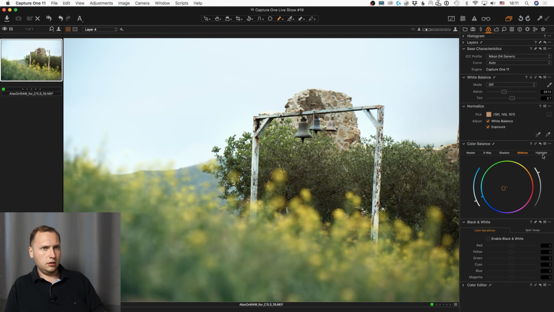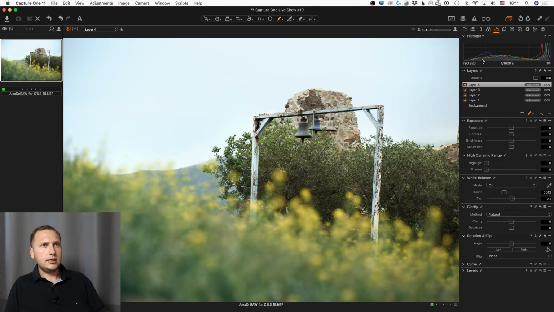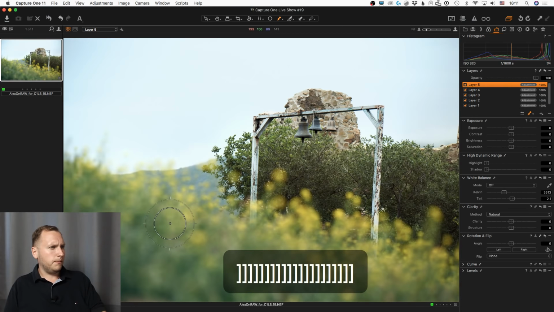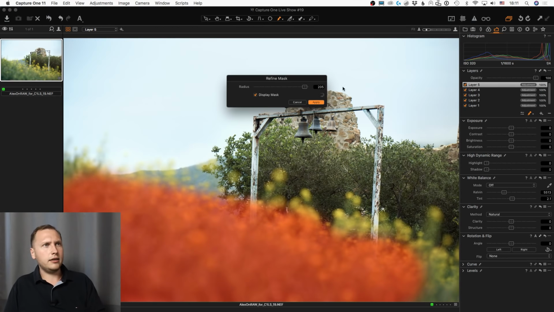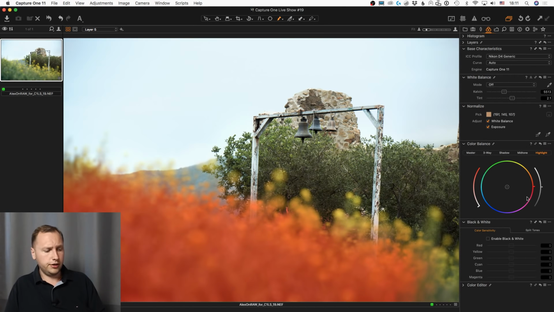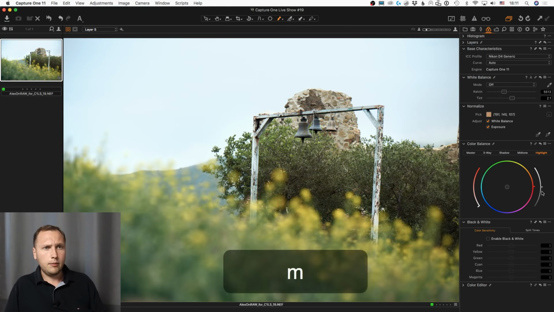I will just edit it a little bit as well. Yeah, like this. Yeah, I think that would be pretty fine. Let's see. I wish to add the final touch. I wish to draw an additional mask over this part of the image, and add additional color balance correction here. As you remember, we started with this place,